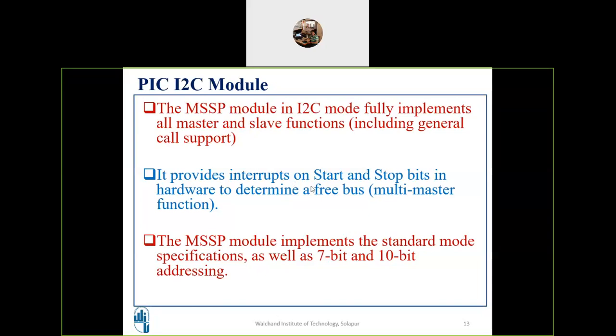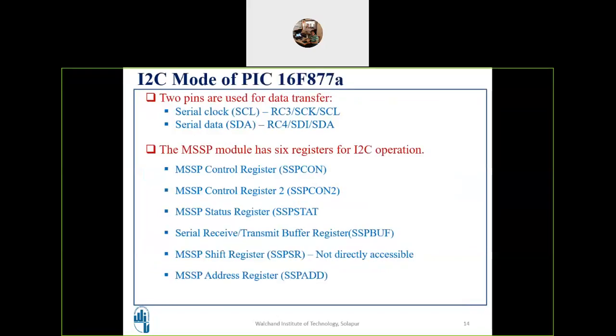So this is one provision, like this SPI mode. So SPI mode may result into interrupt when the byte is transferred successfully, it may generate interrupt. When the byte is received successfully, it may generate interrupt. Like that, this I2C also can provide the interrupt. And then it can provide this addressing, means it supports this 7-bit and 10-bit addressing. Especially this 7-bit addressing will result into 128 different devices can be connected to the microcontroller through this I2C bus. Now when you want to use this I2C, then what hardware will be required, which pins will be required?